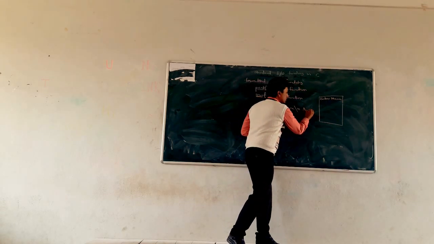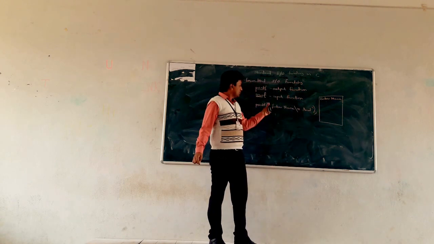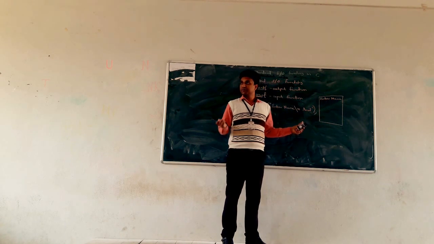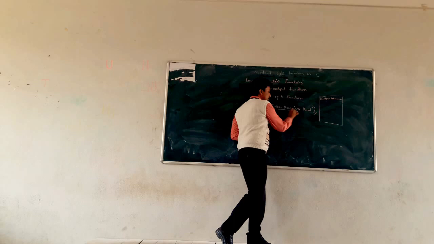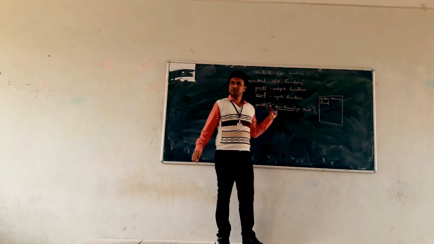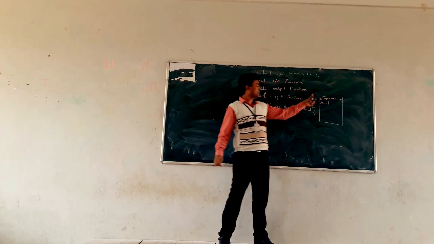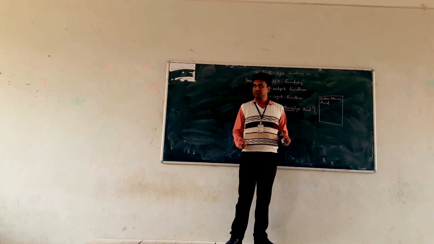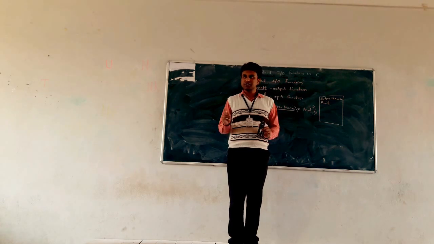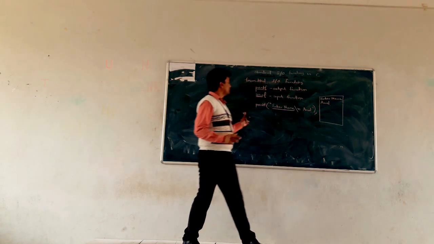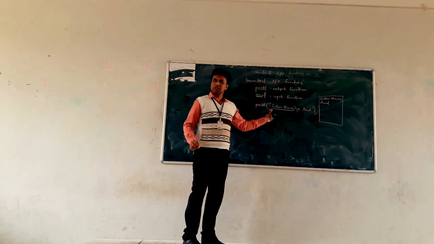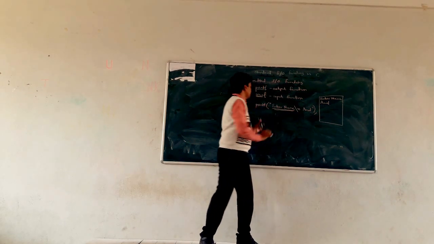Suppose the name, that is Amol. This double quoted string is displayed on the console, but in a formatted way. We format it: first line Enter name, then on the second line Amol. So this is the output. We can format it as per the user's requirement. So this type of functions are called formatted input output functions. Clear? What is the meaning of formatted? So this is the syntax for the printf function.